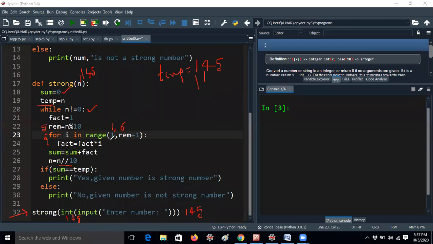So why am I giving this? Because we need to find the factorial of a given number. If I want to find 5 factorial, I have to take the loop from 1 to 6, because the last value is the given value minus 1, you know already, right? So for 1 to 5, we need to calculate the factorial.